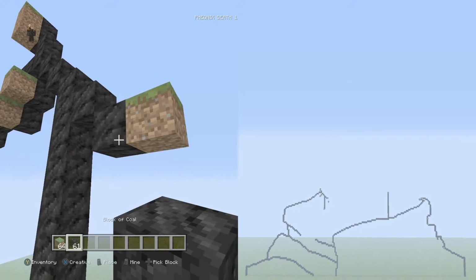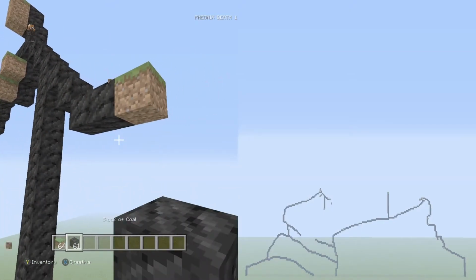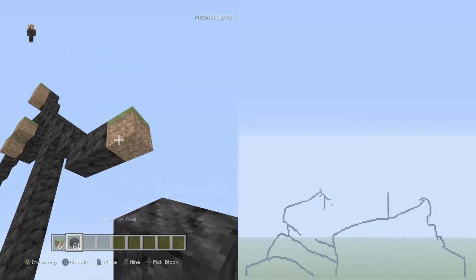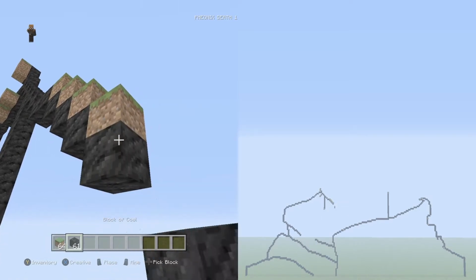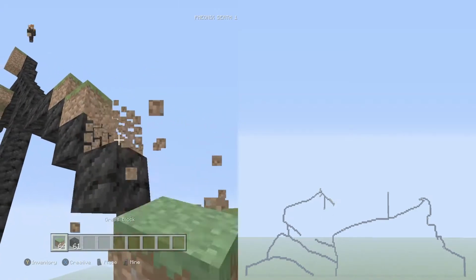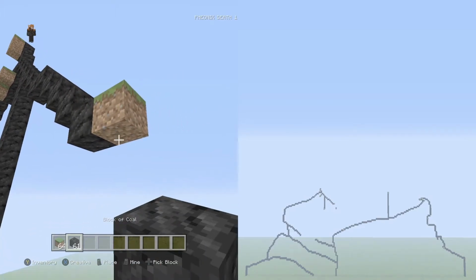So from here, we're going to go down into the right 2 flat, 1, 2, placement block on the end. Down into the right 4 singles, 1, 2, 3, 4, placement block on the end again, and then delete the old ones. Down into the right 2 flat, 1, 2,